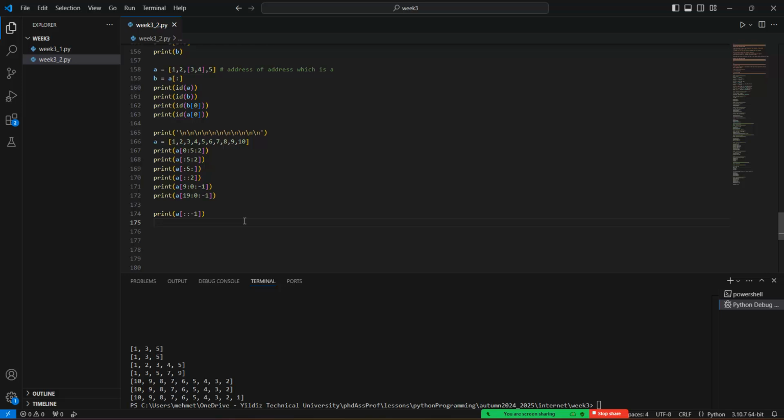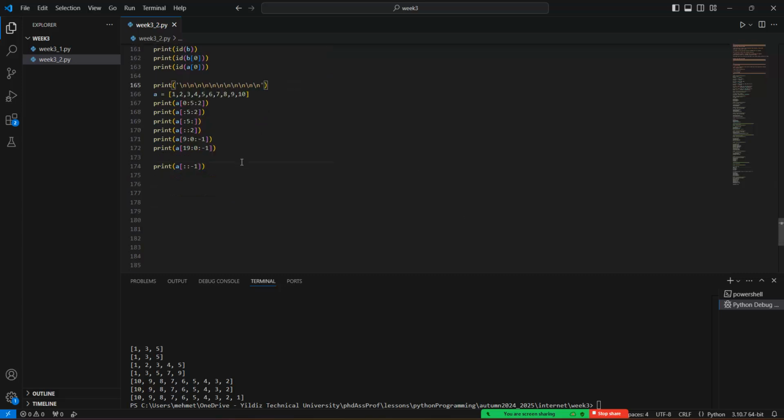And so if you want to reverse the order of this list's values, we can write this one. The left-hand side of the first colon is the start, the middle one is the end point, and the last one is the decrement or increment, in our case, right? So